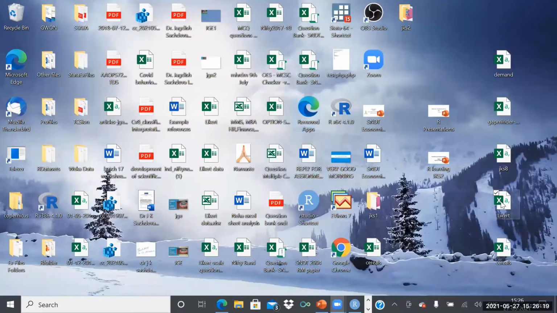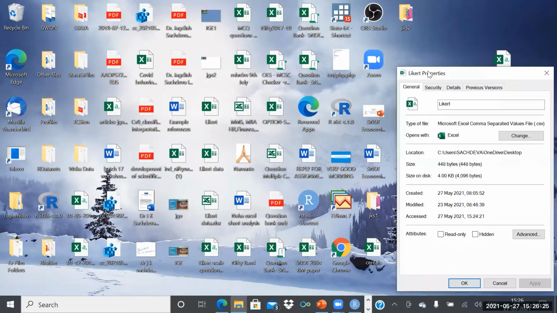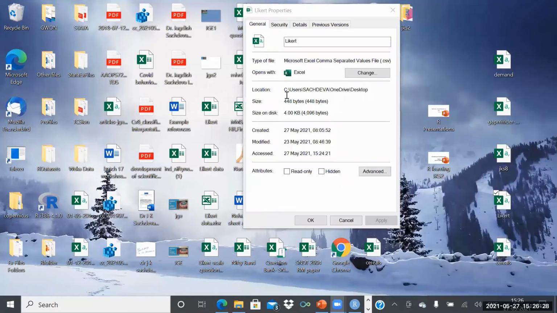Let me see what is the location of my file. I'll go to properties, and in the properties, I will see the location of the file. C-users-Sachdeva-OneDrive-desktop. See, this new Windows has created this OneDrive folder automatically, so that they may copy all the files to their OneDrive on their cloud server.